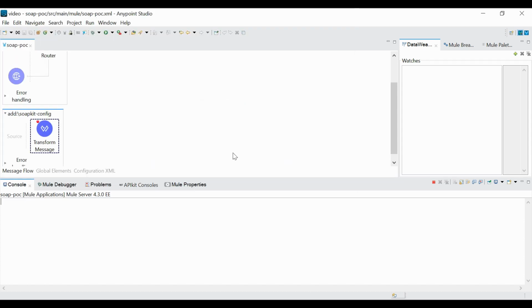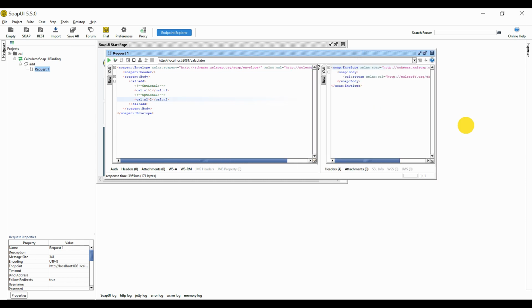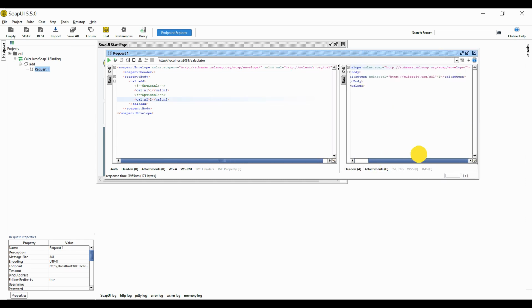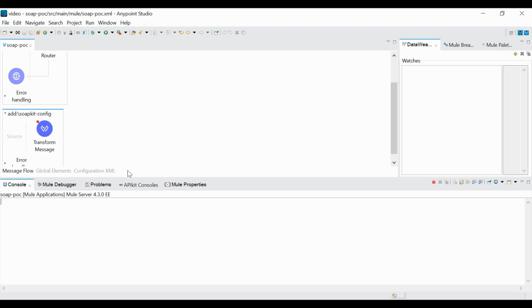As this is running in debug mode, let me just do F8, and here if you will see, let me just minimize this. In the SOAP body we got the kale as our namespace, return is the field, and here we got the calculated value 3. Okay, this calculated value 3 is our business logic that you can keep inside a separate file, so your code will look good, and using the flow reference you can refer to that specific flow.